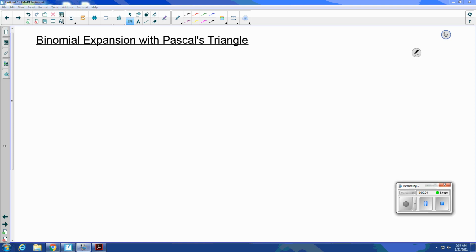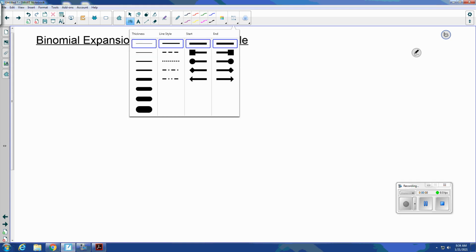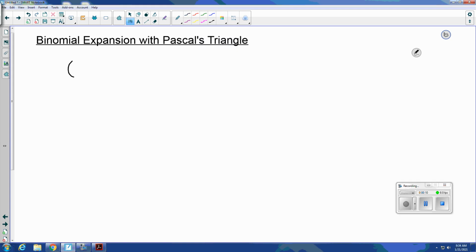Binomial expansion with Pascal's triangle. A binomial is a two-term polynomial. So we're just going to call the terms a and b, and we'll hold them together through addition as our definition for polynomial supports. Binomial expansion suggests that we're going to take this binomial and raise it to some power